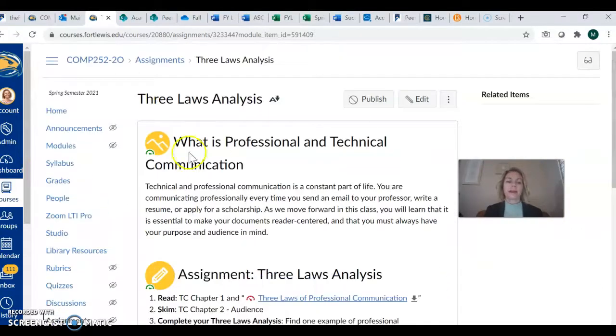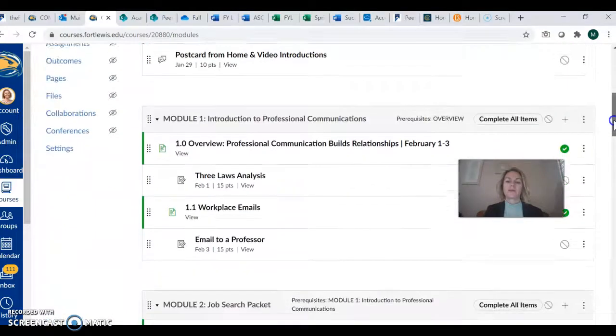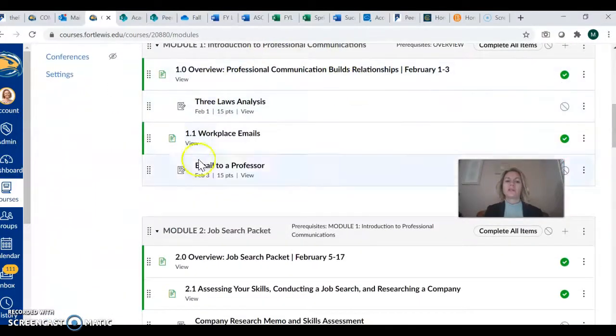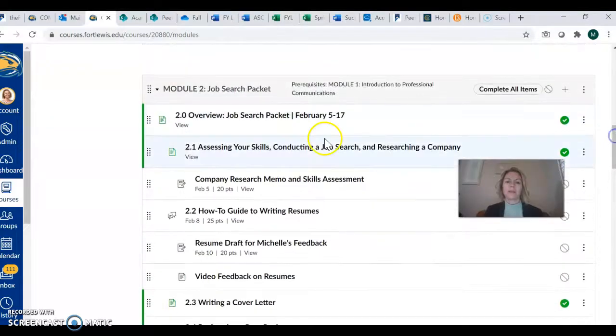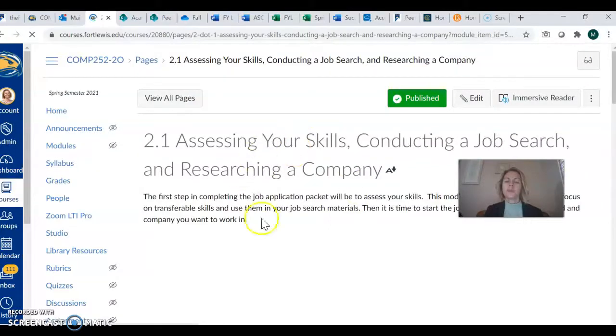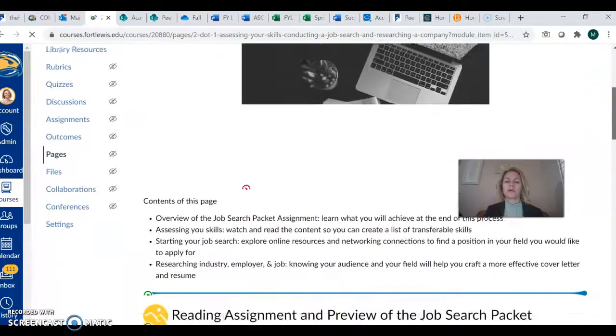I'm going to go back here to modules and show you just one more example of what I mean by working through the content in order. So in this first module, you'll do your 3 laws analysis, you'll do some thinking about workplace emails, and then turn in an email that you write to one of your other professors. I'll show you maybe this page here. For this page, this is the introduction to our job search module,